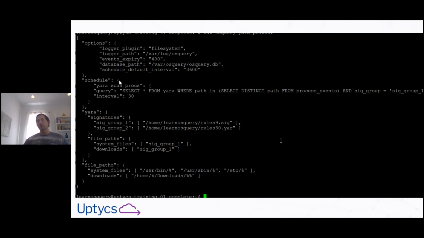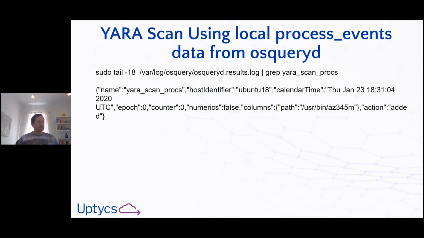And then in my schedule, I'm running the query that we just saw, which was select from yara. I do a manual YARA scan of files that are the path of all the distinct paths from the processes that ran on your machine. So if you were to put something like this in your osqueryd configuration, start up the osquery daemon, if a malware ever ran on your machine, any process that starts is going to get scanned with YARA. And so if you have a set of YARA rules that is going to match this malware,